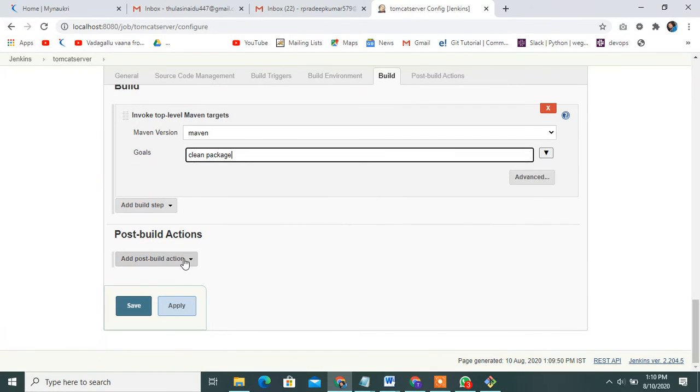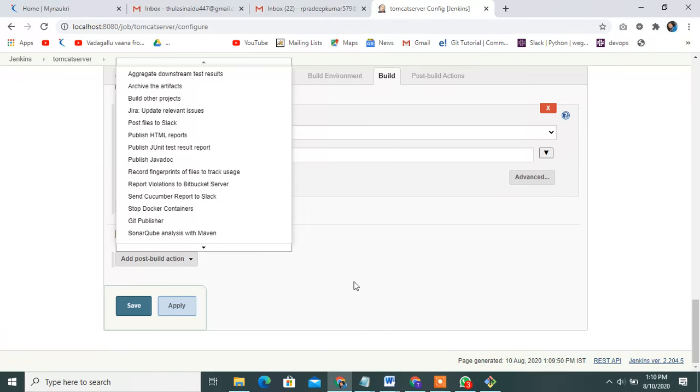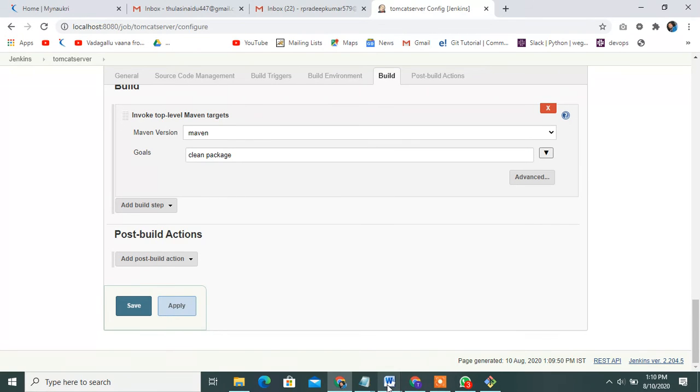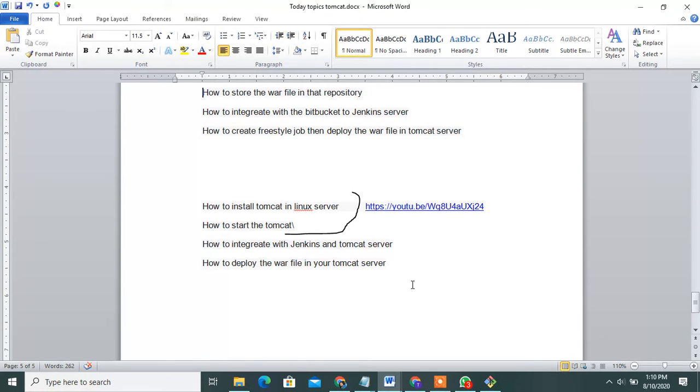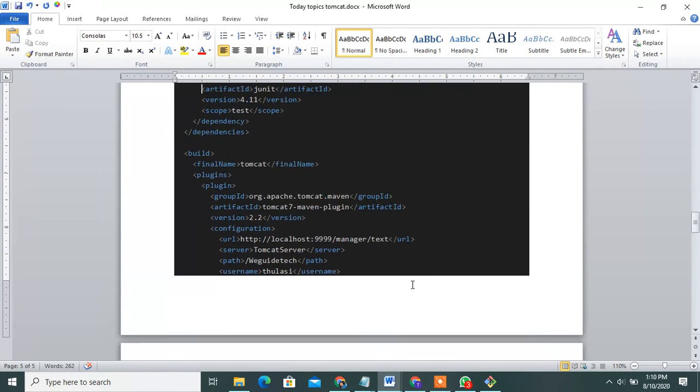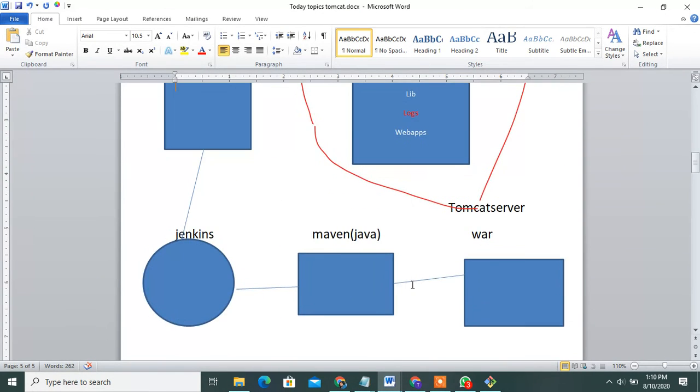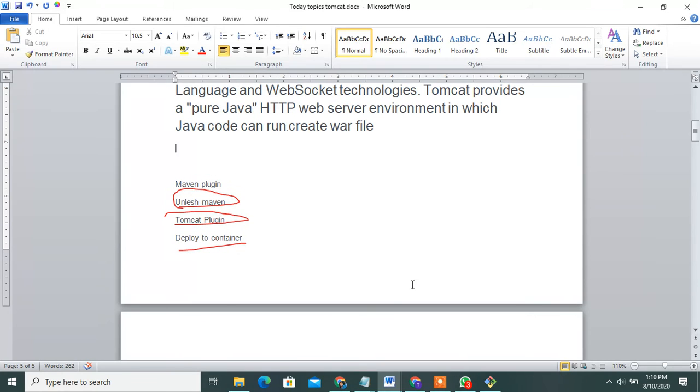Next, please observe guys, I already shared the required plugins in the document section. Once again I will explain: the required plugins are the Maven plugin and Deploy to Container.